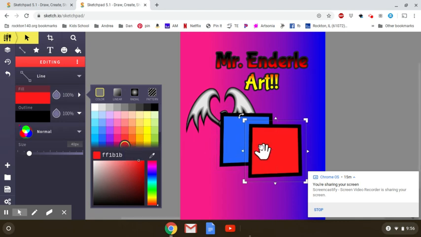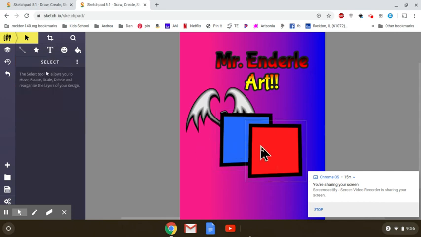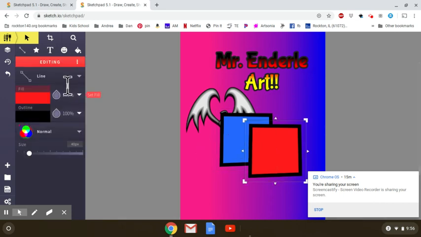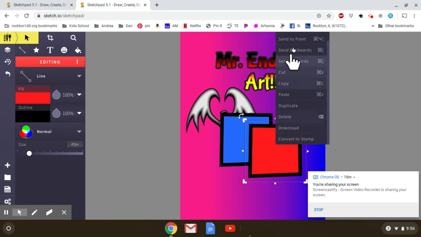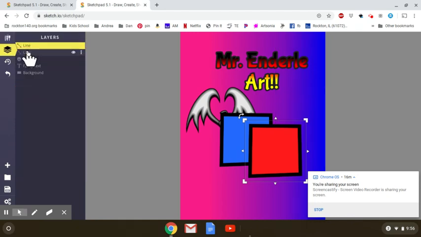So right now I have 2 boxes and my dragon in the background. Now I want to put my red at the bottom. So there's a couple things you could do. You could right click or 2-finger tap. You could send backwards, or you can use your layers tool. So this particular one, you can also change the name of a selected layer. So if you double tap on it,